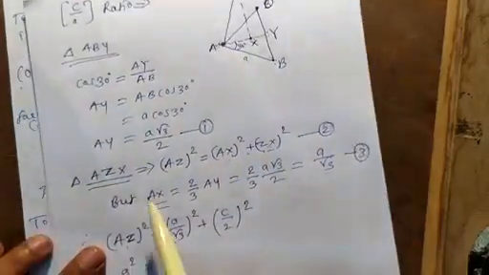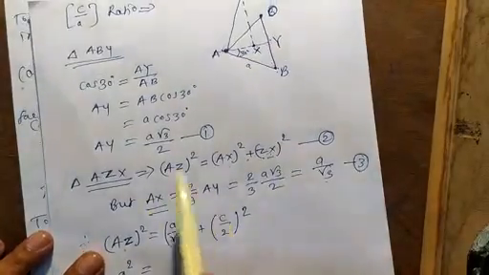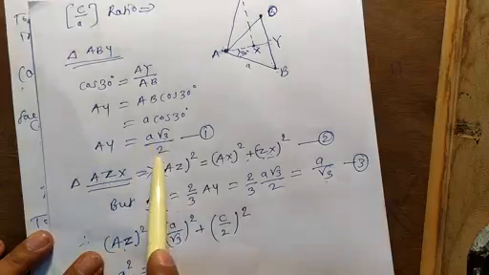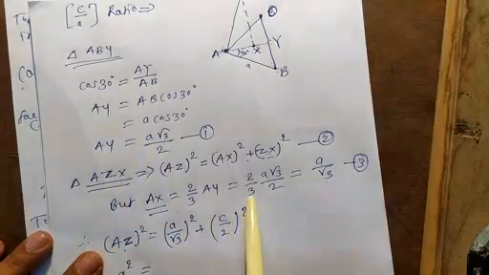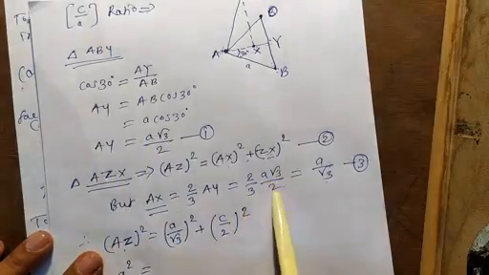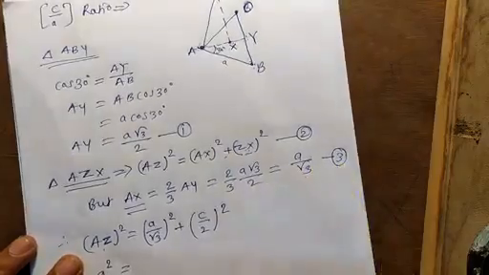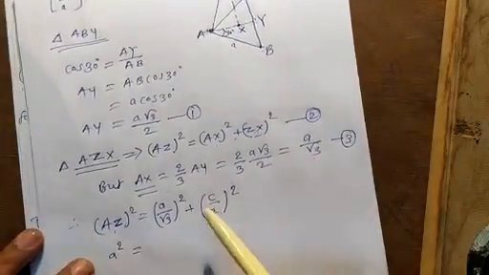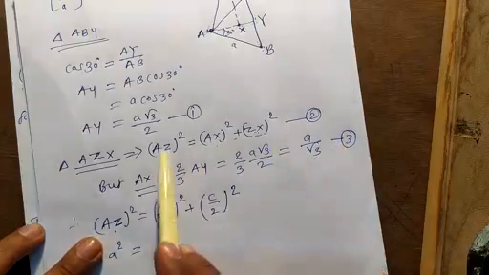Here we have taken AX equal to 2/3 of AY. AY we have just calculated as A root 3 by 2. Put this value in this equation, therefore we get 2/3 of AY, where AY equals A root 3 by 2. If we calculate this, we get A upon root 3. Let us consider this as equation number 3. Now use this value, equation 3, in equation number 2.